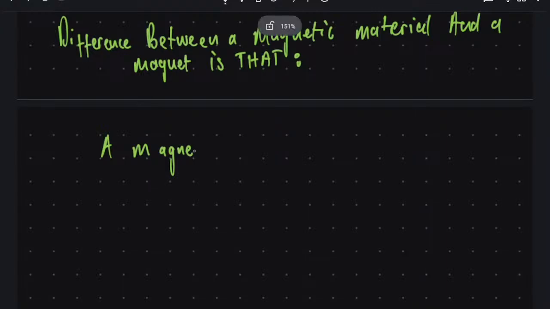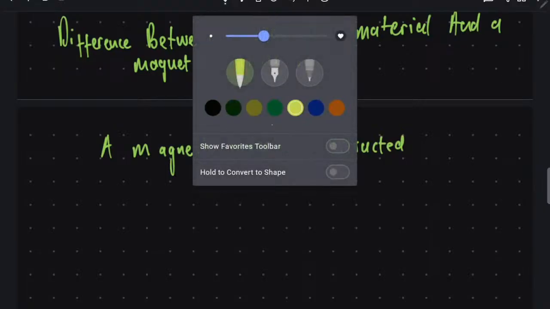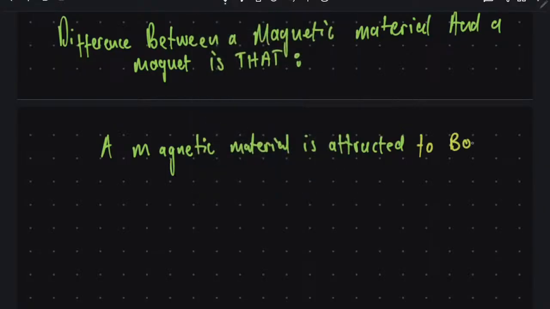A magnetic material is attracted. There is no repulsion here. It is attracted to both poles of a magnet. Don't forget this. Don't let me down. If you bring the south pole, it's attracted. If you bring the north pole, it's attracted. It's not picky. It's not like a magnet. A magnet is only attracted to one pole,